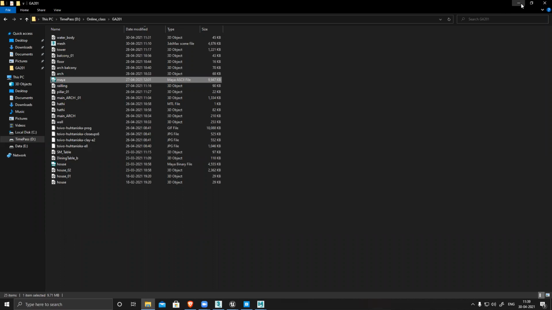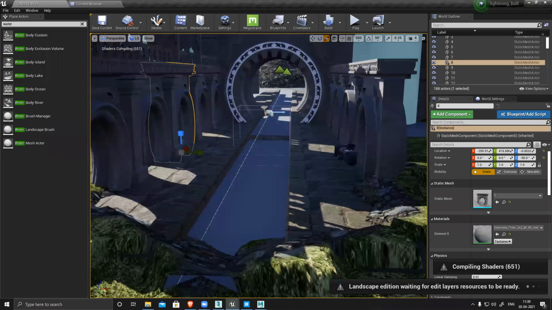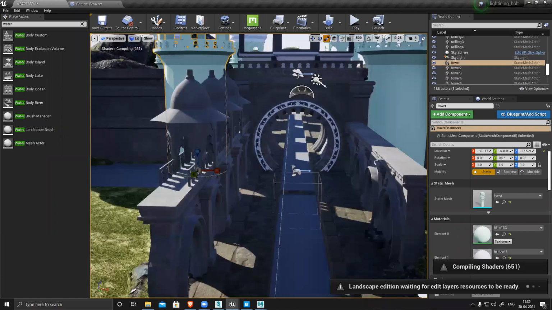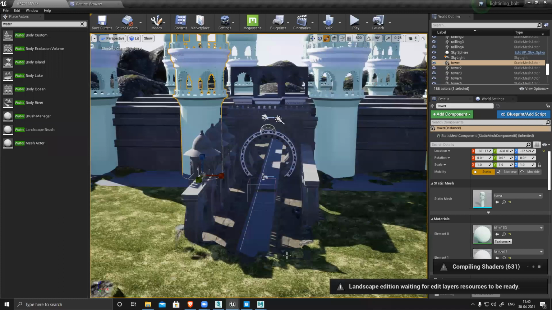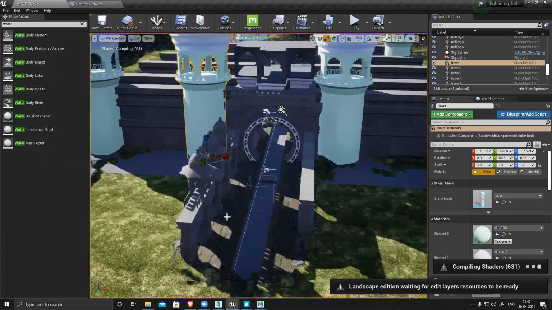For those pillars, this section, this pillar, I have to unwrap it. Still compiling. I can apply textures with all these tileable maps, and this section will have a unique texture. This will have a unique texture. So these textures I have to create.